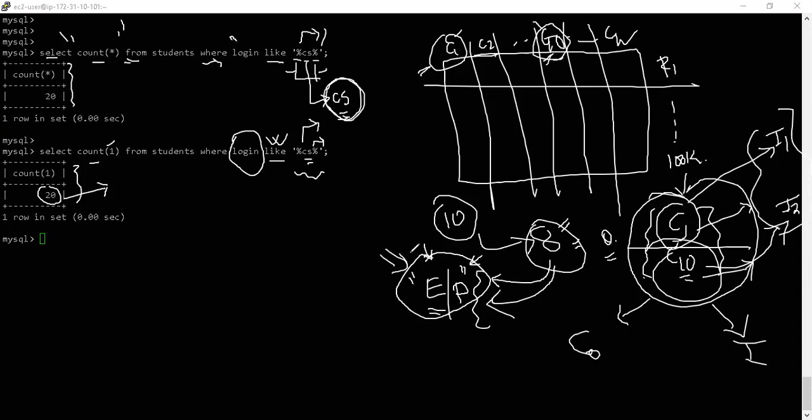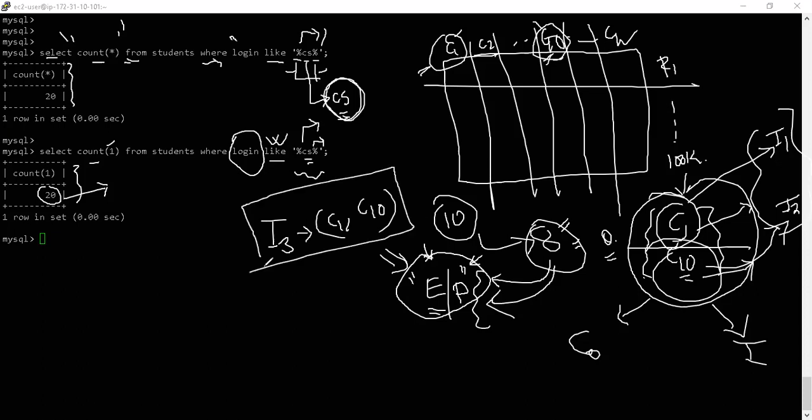Or else some other DBA might decide, no, I'm going to create a single index, I3, and I3 will be a composite index for column 1 and column 10. So whenever I use a query where I have both column 1 and column 10 used together in the where clause or in the select clause, this index will come into play. This index is simply just metadata, and it is metadata which helps find the data faster.